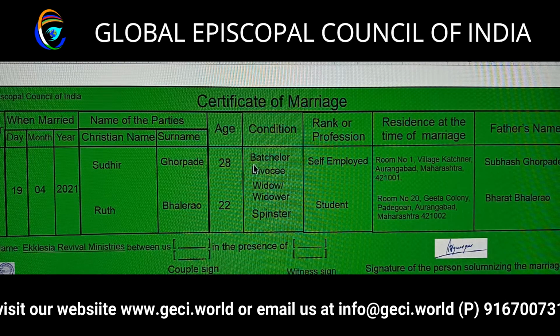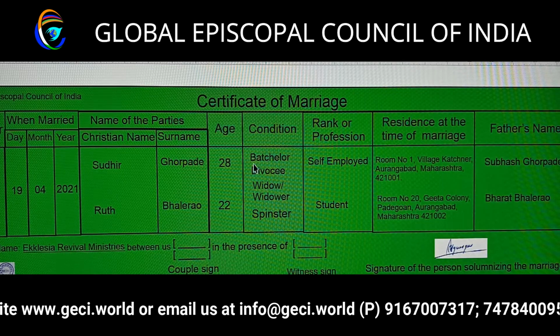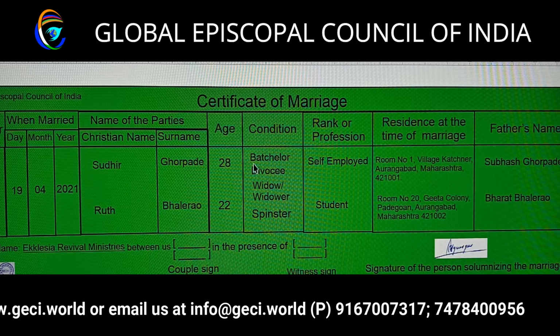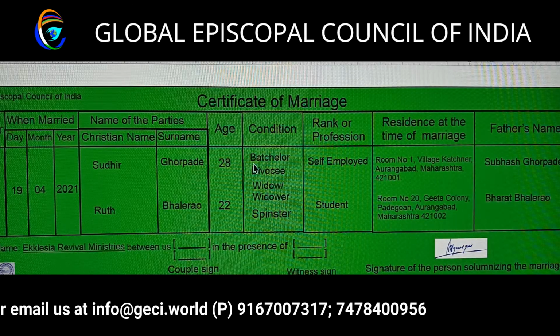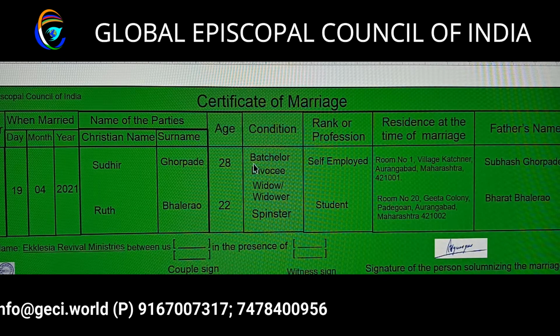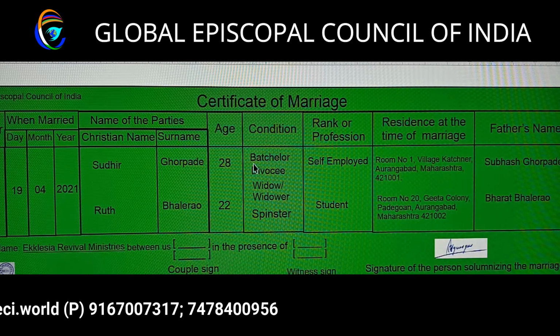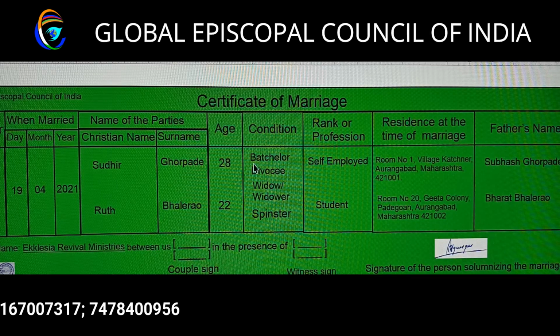And then you take a photocopy, and on the day of the wedding, you have 3 copies with you. 2 already in the register, and the third one you have taken a photocopy. So after signing all 3, the one which is the photocopy one, you can give it to the couple on the stage. Everybody will be happy. Let them take photographs and video session, so they know that you have the license to give them certificate.